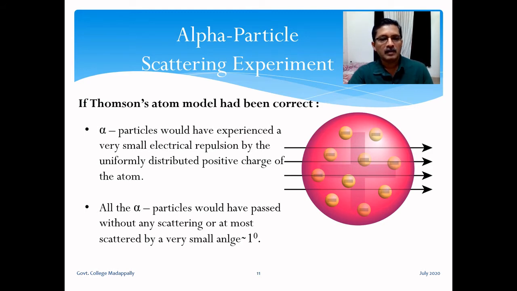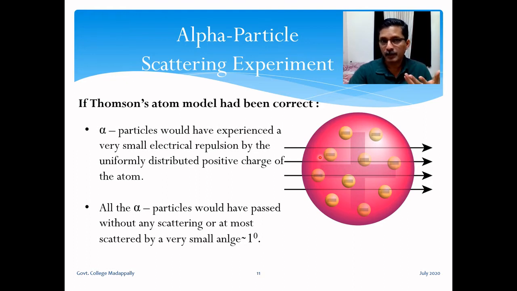We know that in Thomson's atom model, the positive charge is uniformly distributed over the sphere of the atom, and electrons are randomly distributed or maybe revolving in this positive sphere. Now if the positive charge is uniformly distributed over the atom, then when the alpha particles are coming, remember alpha particles are ionized helium atoms. That means they have 2 units of positive charge, plus 2e. So when they are coming,